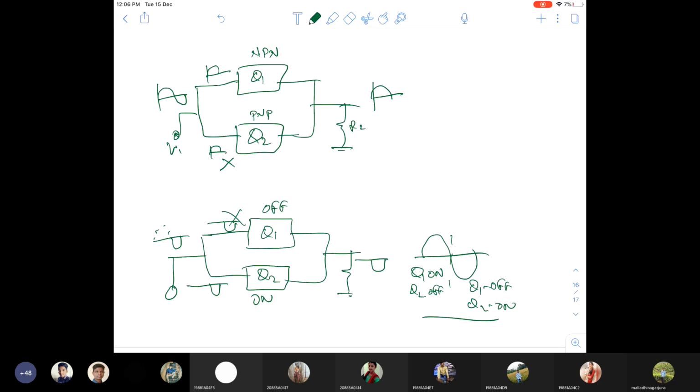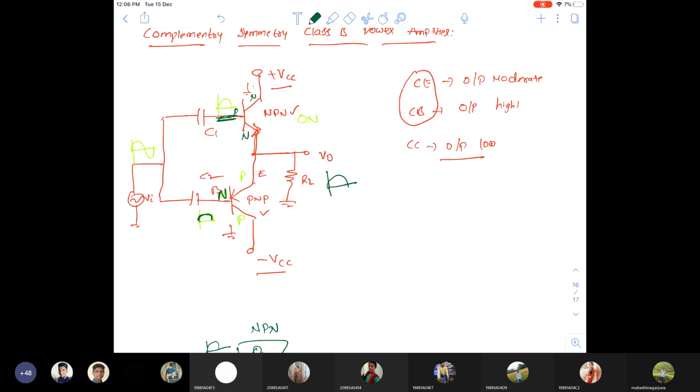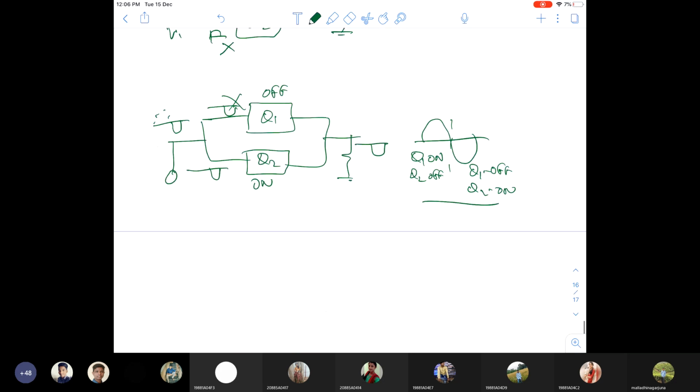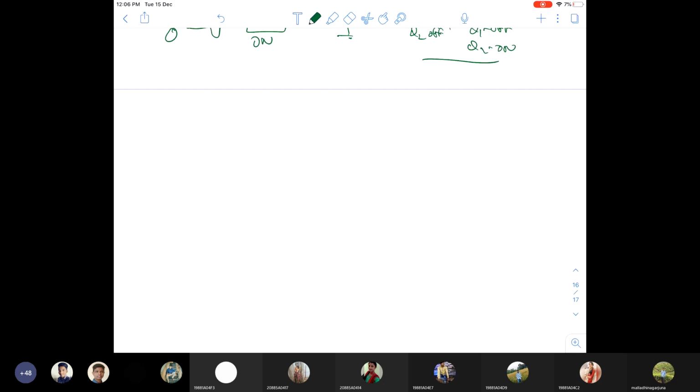Okay, so this operation is quite different from your push pull, quite different, and the remaining everything is same as your push pull. No difference. Okay, only thing is that node point you have to write it as